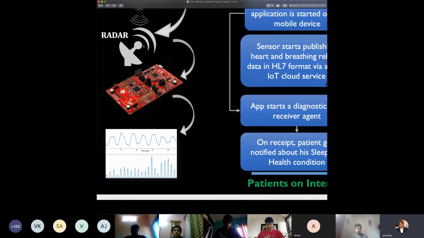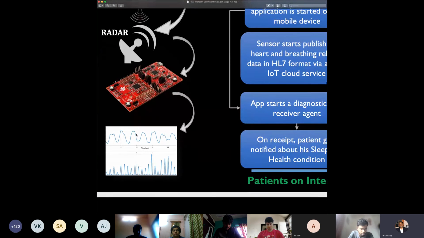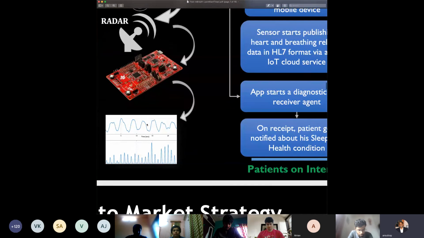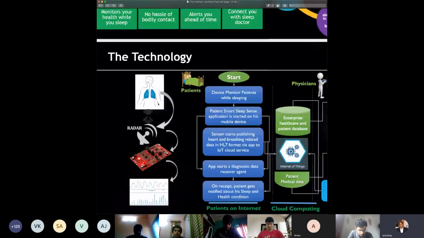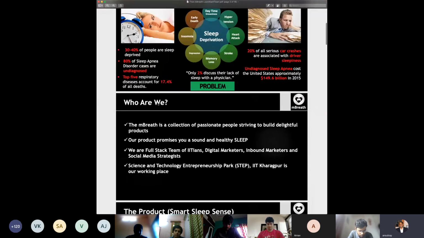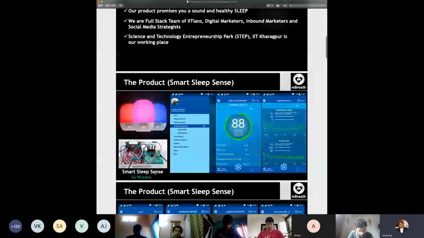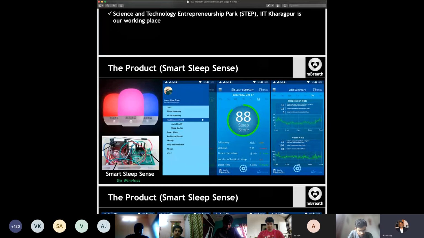There is analog signal, lots of analog signal here. Radar signal is a very, very small signal. It gets amplified, filtered, etc. Then it is fed to the ADC. Then you can see it is finding out the respiration rate and breath rate of a person. This is part of the technology which we built at mBreath. We have a startup where we built this technology. All these PCBs we designed. This is our PCB, which is basically the radar PCB.